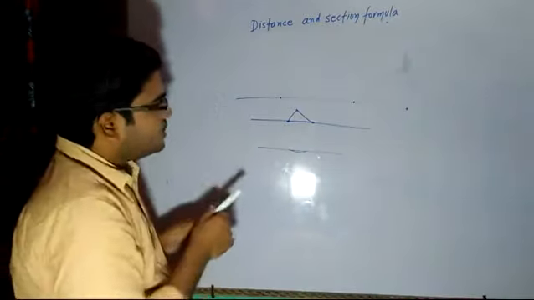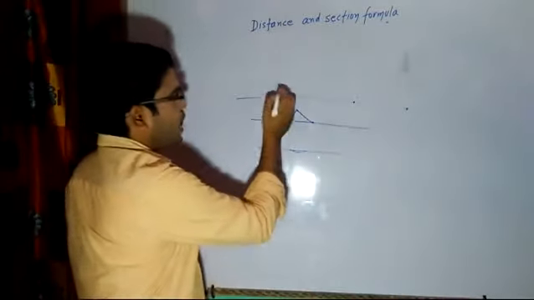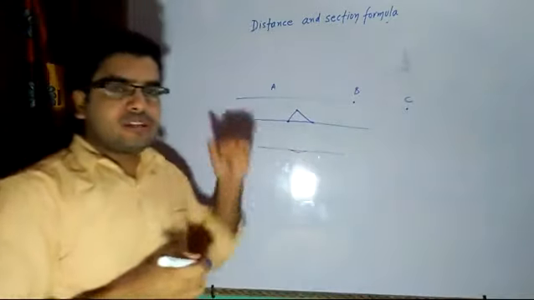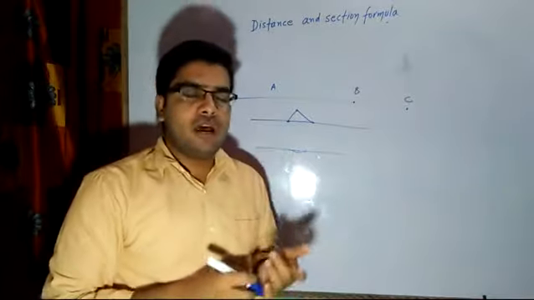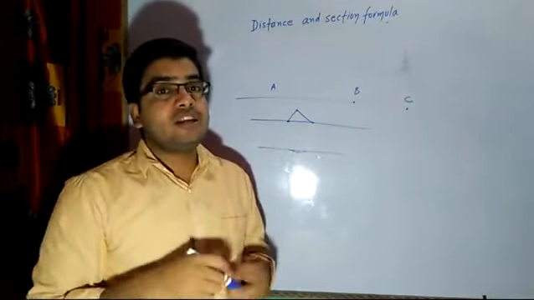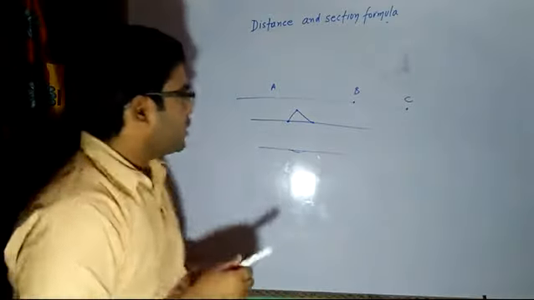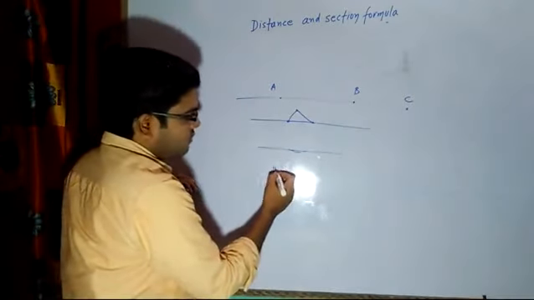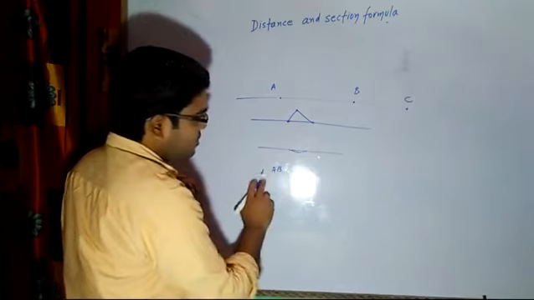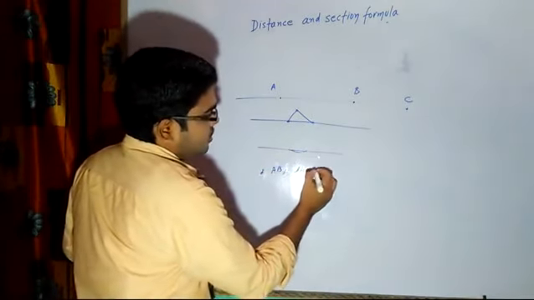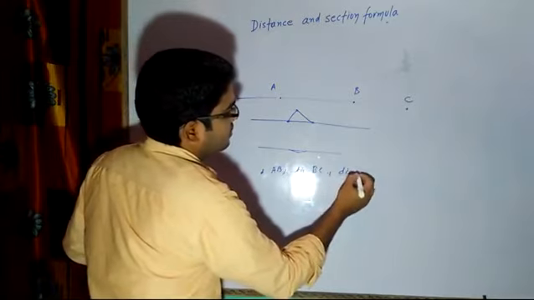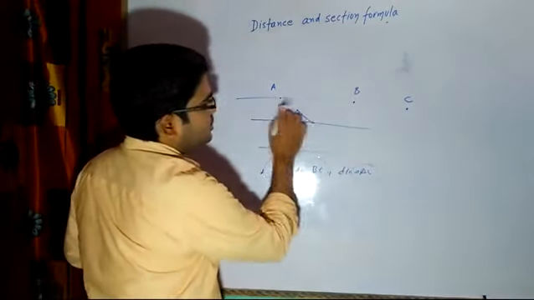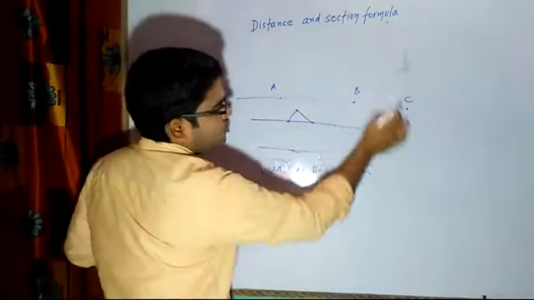Now to prove whether the given 3 points are collinear, we actually have 3 formulas, but only 2 formulas I will be discussing right now, and the third formula I will teach when we start our new chapter. Okay. Now to see whether the given 3 points are collinear, first you have to find the distances AB, BC, and AC.